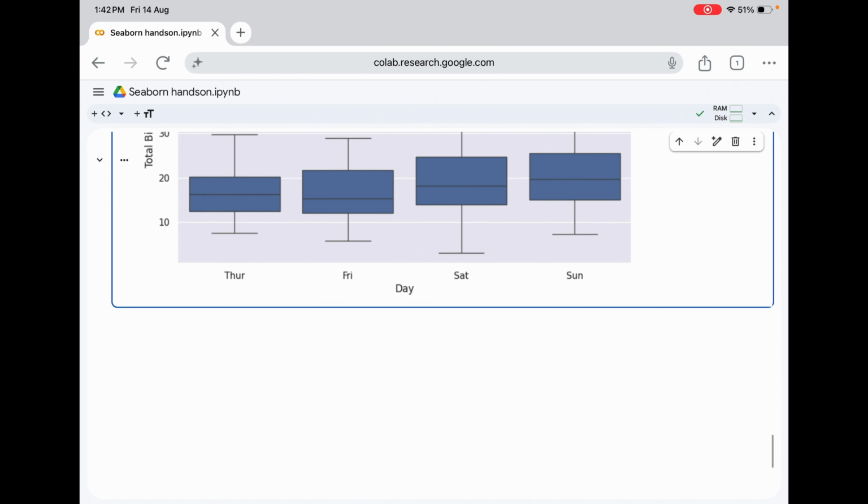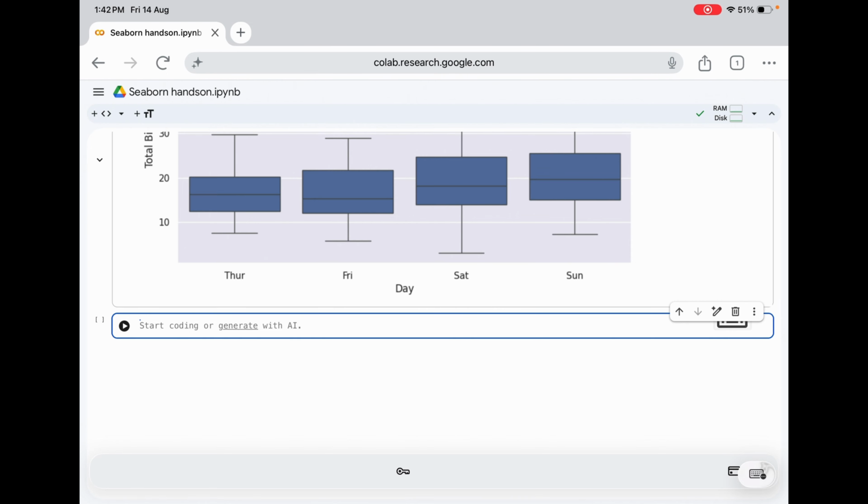Next is the pair plot. Now imagine that we have several numerical variables and we are not yet sure which variables are related. Instead of creating scatter plots one by one, Seaborn gives us a very convenient function called pairplot.